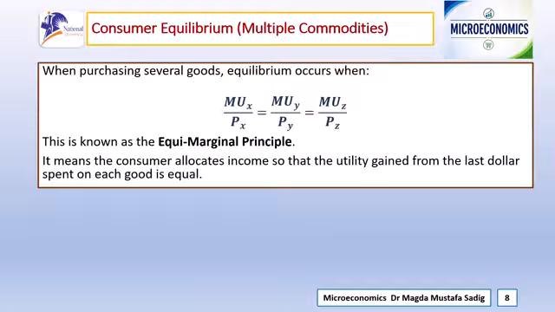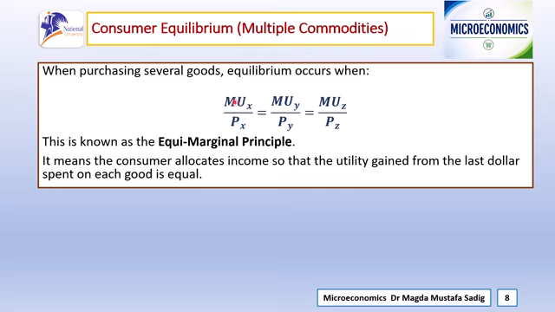So how should income be allocated among many different products? The answer is given by the equi-marginal principle. This principle states that consumers maximize satisfaction when the marginal utility